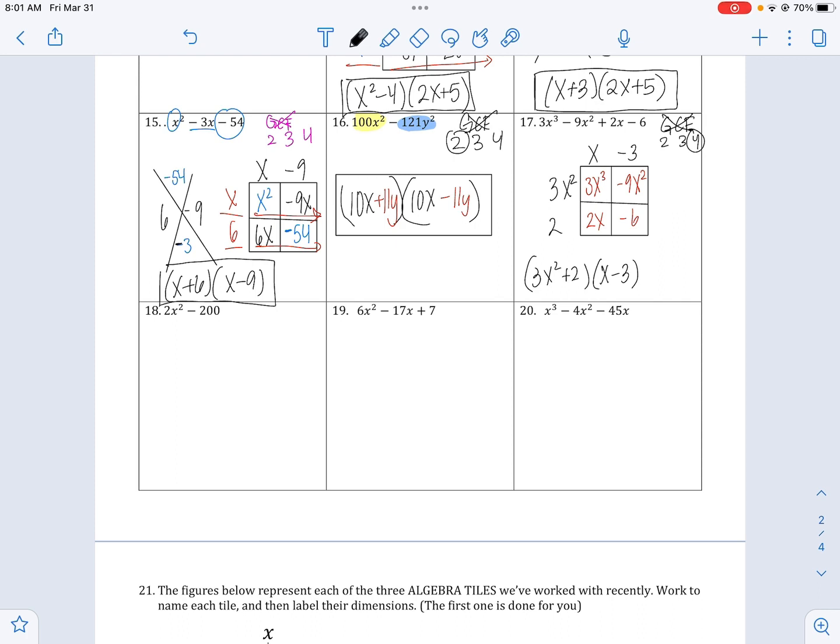Okay, now question 18, do we have a GCF? Yes, we do. Let's go ahead and take it out. So 2 parentheses x squared minus 200 divided by 2 is just 100. Awesome. Ask yourself, do we have 2 terms, 3 terms, or 4 terms? And we go ahead and have 2 terms. So we get 2 times,